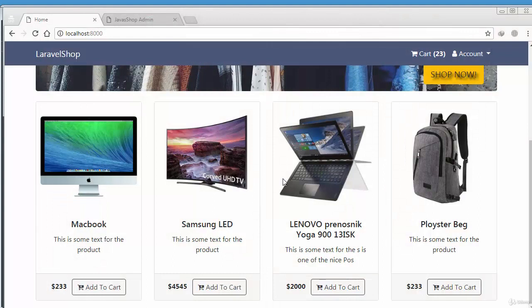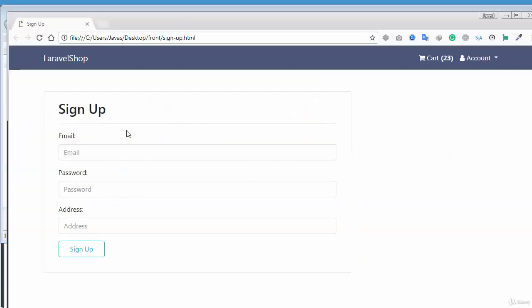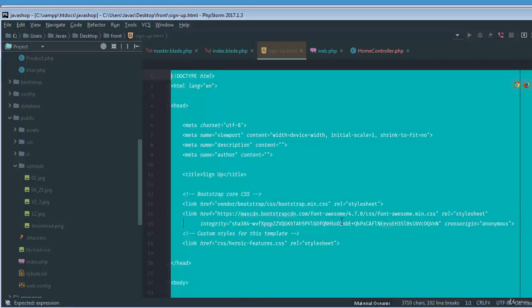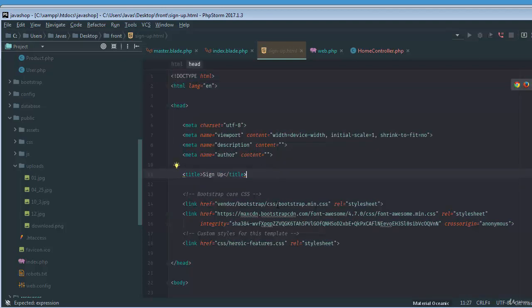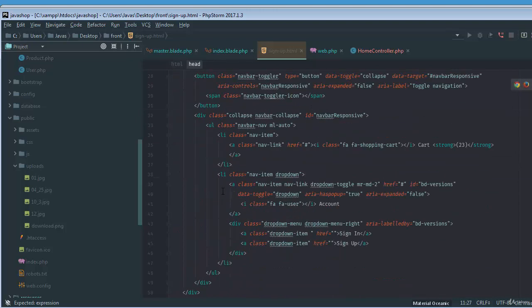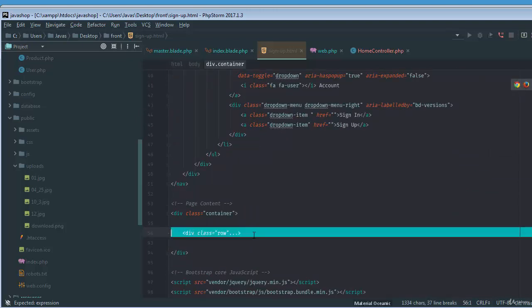Okay guys, welcome back. Now we will be working on the registration page, the user registration. If I just go to my front end page and click on sign up, this is the CSS file of the markup of our sign up. If I grab this in our text editor and copy, I think we just need the row here. If I just copy this row and then inside my